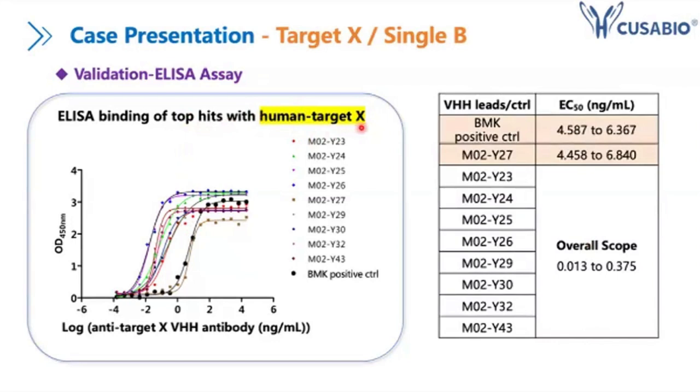As you see here, we have a very good pool of candidates. The EC50 was in a very good range, and you see that I highlight this one, the MO2Y27 lead. Why I emphasize this one is because it definitely has very good performance, comparable to our positive control, but also with this Y27 hit, we are surprised to find